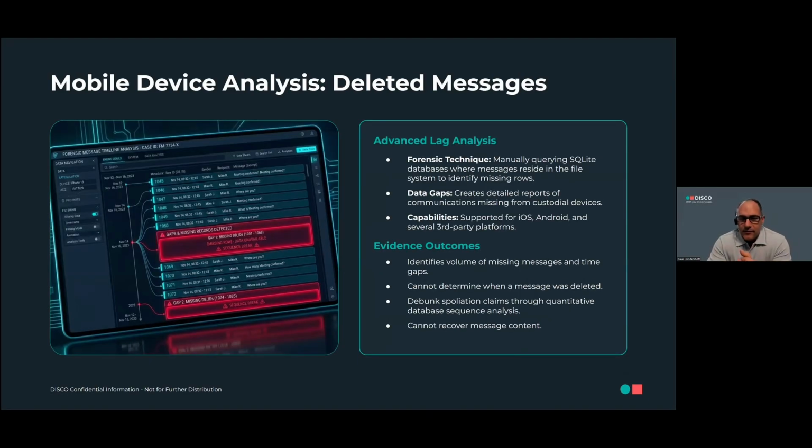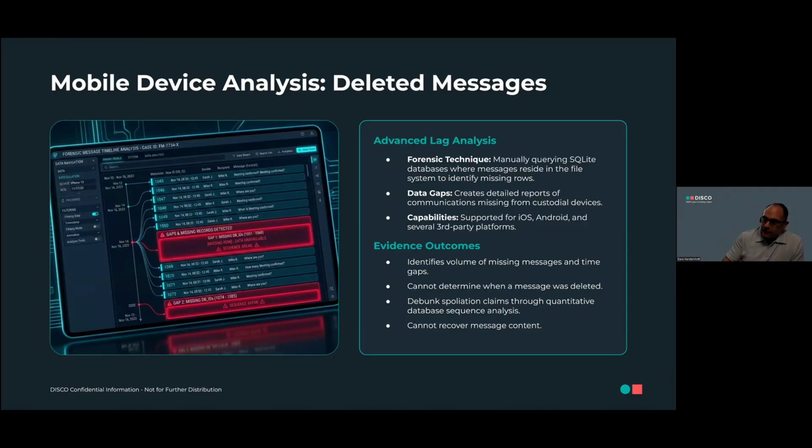So let's talk a little bit about deleted messages. There is an analysis which is called lag analysis that we employ to essentially show what messages have been deleted, and how it does this. When messages come in to your phone, it gets a sequence number inside the database table. So it starts at 1, goes to whatever.